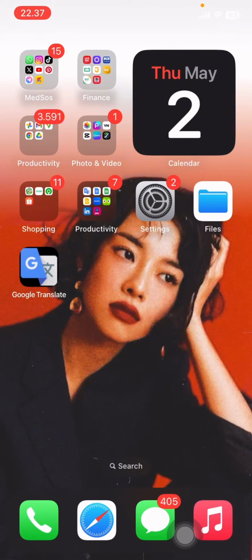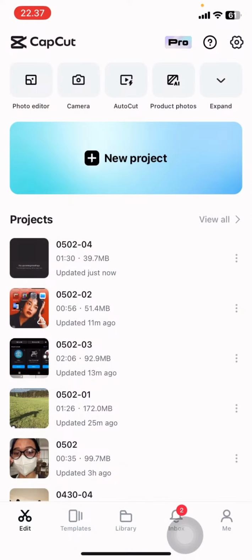So today we will learn about the CapCut application, and I would like to show you step by step how you can import a video into your project. You just need to open CapCut on your mobile phone. Basically, importing the media into the project is the first step that you have to do before you start